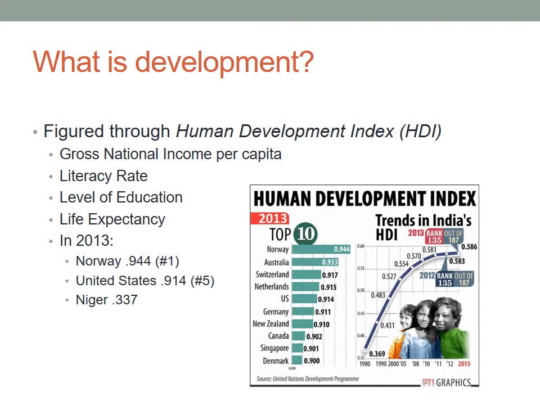Right now, if you look at who is the top in the world, I know I have 2013 data in this video, but Norway is still in the lead. The United States actually continues to fall lower and lower in the development rankings, and our least developed country in the world is going to be Niger. This is a really interesting measurement that you can look at for determining how countries compare to each other in